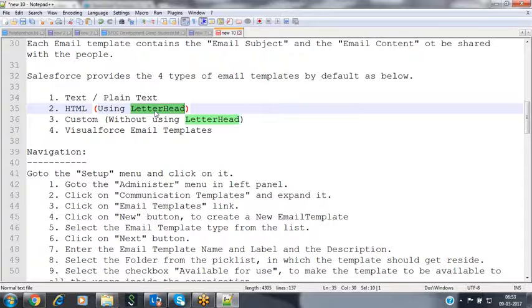I have thousands of people, and I'm creating hundreds of records every time. It may be manually, it may be through some other alternative ways also. I'm creating so many records. At that time, how can we make the process of sending email notifications automated? For that, we are using workflows. By using workflows, we can automate those processes in order to send email notifications as well. We'll see that practically in workflows.